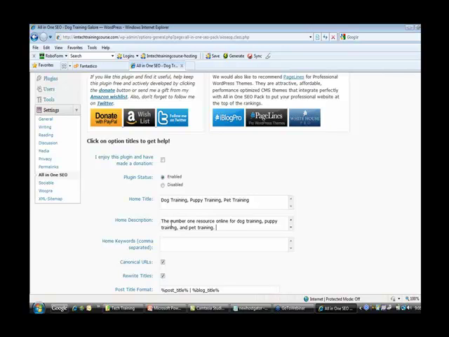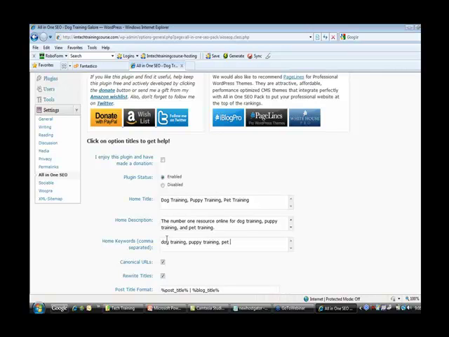Now I'm just showing these as examples here, but this is what basically you want to do with all-in-one SEO. You want to put in your title and your keyword, you want to put in your description, and this is technical related plus search engine related as well. SEO is very technical, so that's why we're covering it now, because it is so important and vital to your overall rankings. I'm going to put in my keywords now, so let's just type in dog training, puppy training,